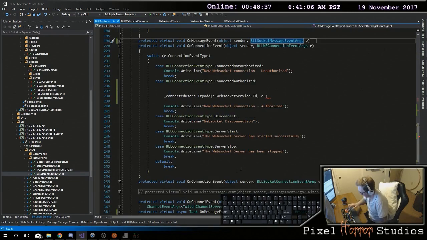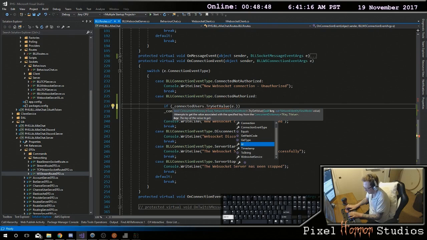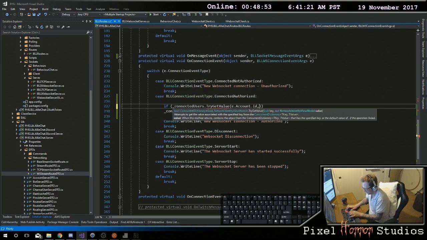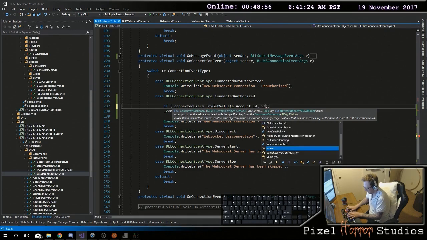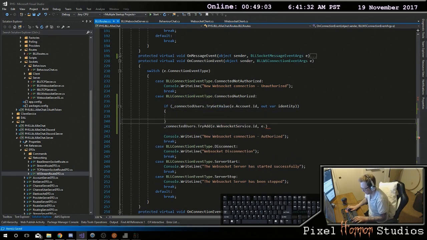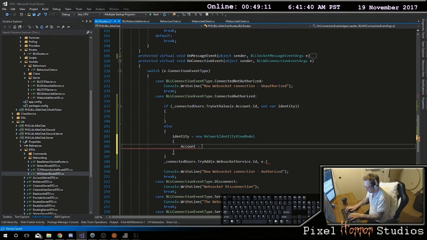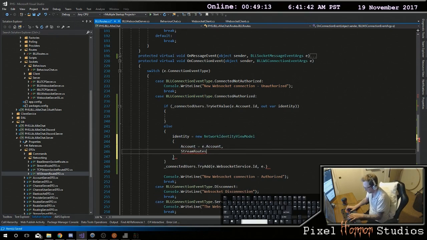Which should now allow you, on your routes, when this is coming in, to do an if my connected users dot try get value from my e dot account dot ID, and that's going to be your out var count. We'll say this is identity. Else, now you want to make a new identity, so identity equals a new one of these things, and you're going to need to have this account, which is going to be equal to your e.account, and then your stream routes, which is your